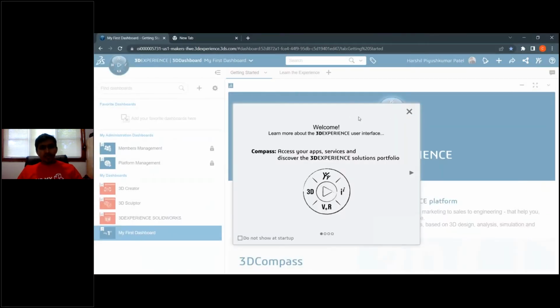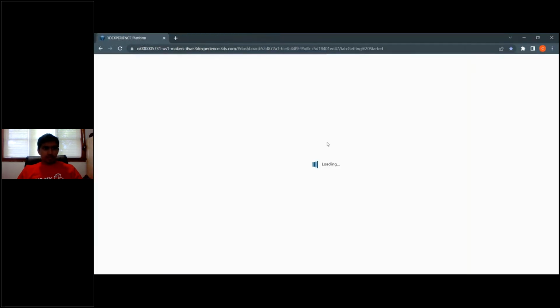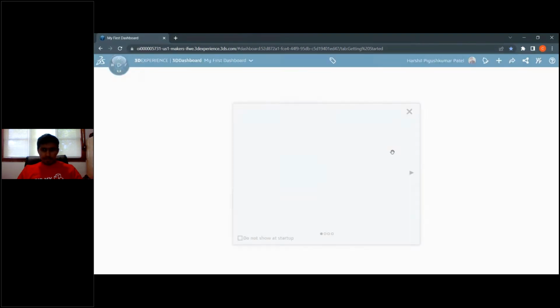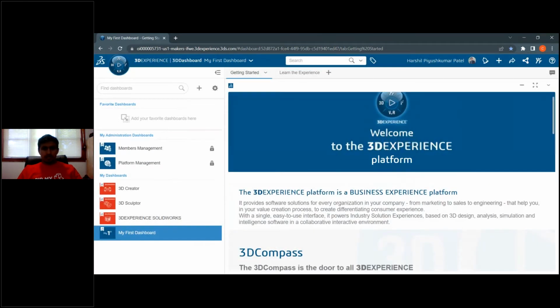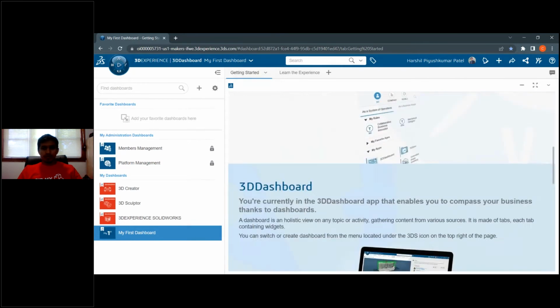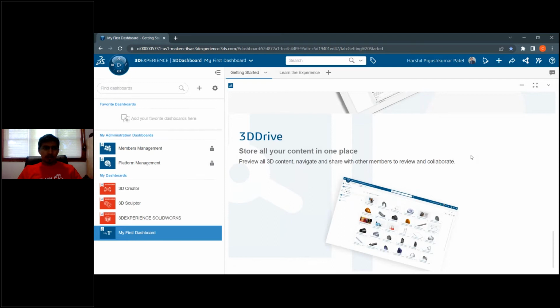So this is the 3D experience platform. Once you log in, you get the welcome screen. This is the 3D experience platform where you can design and collaborate with your team members and develop your product development process.